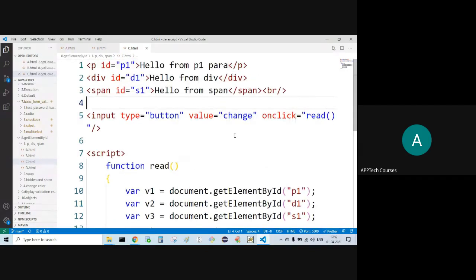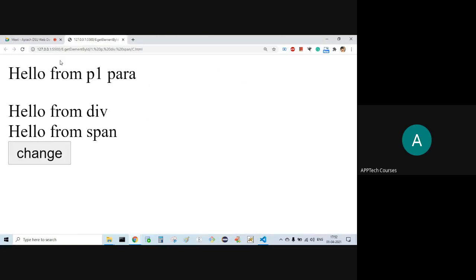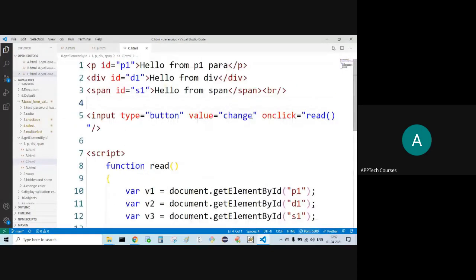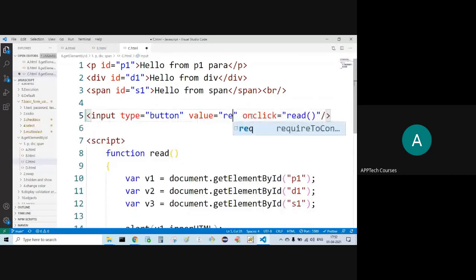That's it. I'm not trying to do anything else. P1, div, span. Let's say this one read. It will be more helpful.